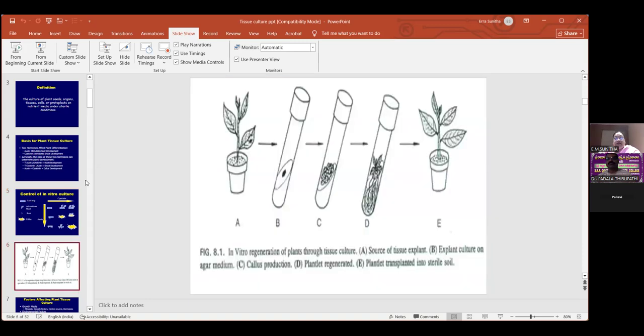So when we see tissue culture at a glance, you have the whole plant here, which you call the mother plant. From this you take some mother culture. You can take anything, as I discussed in the first slide: the seeds, the leaf, the meristems, the protoplast, tissue, or any part. And you put it in the nutrient media. In this nutrient media, you will have equal concentrations of auxins and cytokinins.